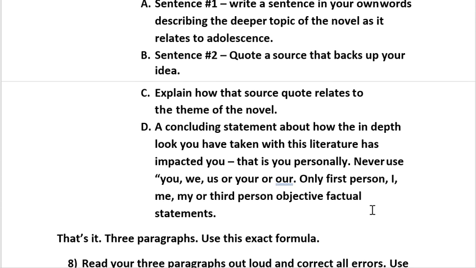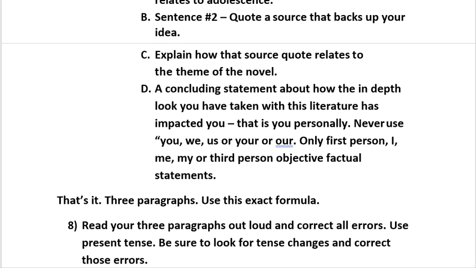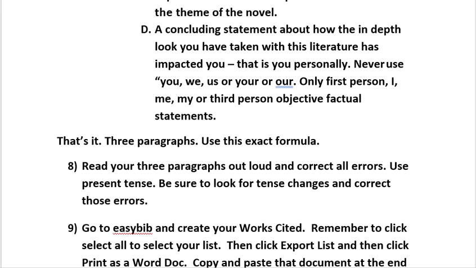And I always like to conclude essays with a snappy little quote from the essay, a quote from the novel, or a quote from one of the articles that I've read, or something else. I think it's a nice way to end an essay, because it's hard to write a conclusion and say, how do I get out of here? I've already said what I've said. Why do I have to re-say what I already said? So I took you through the process of writing a nice conclusion here. And that's it. These 5 paragraphs